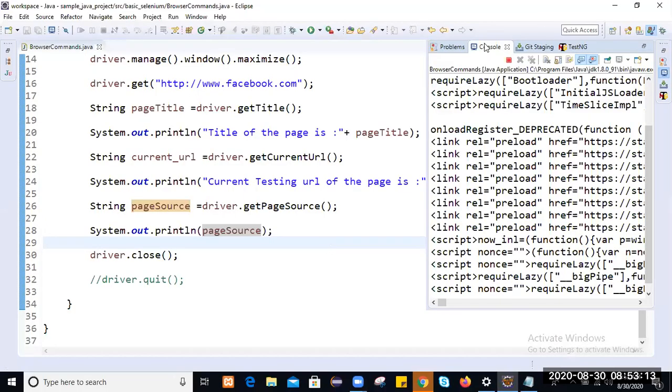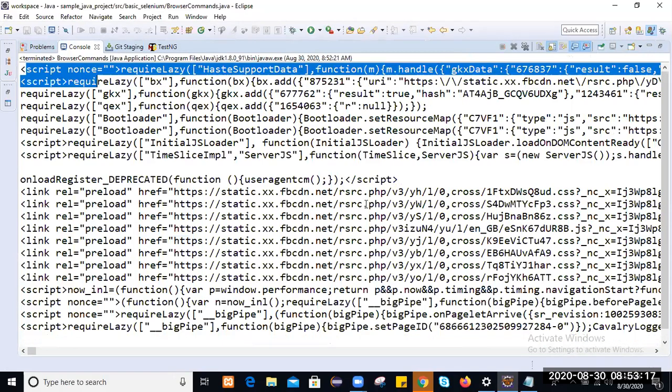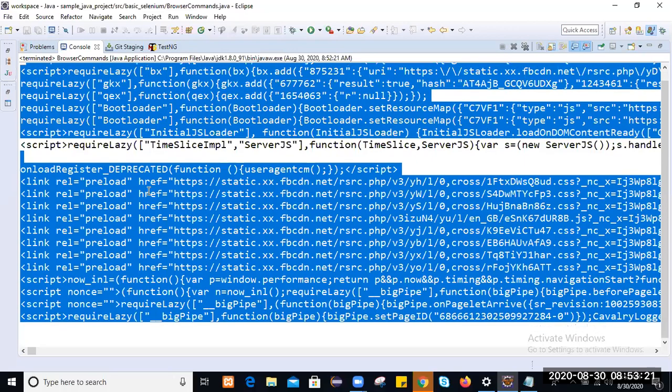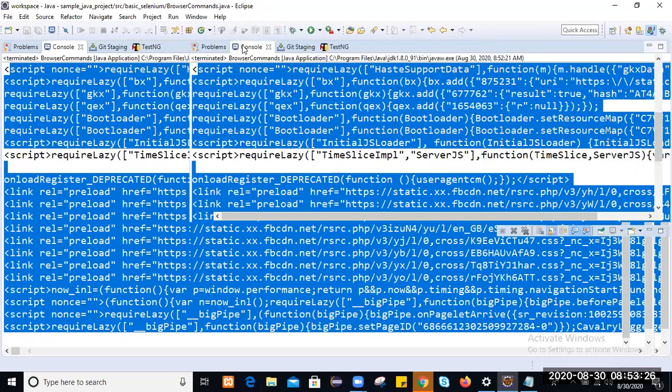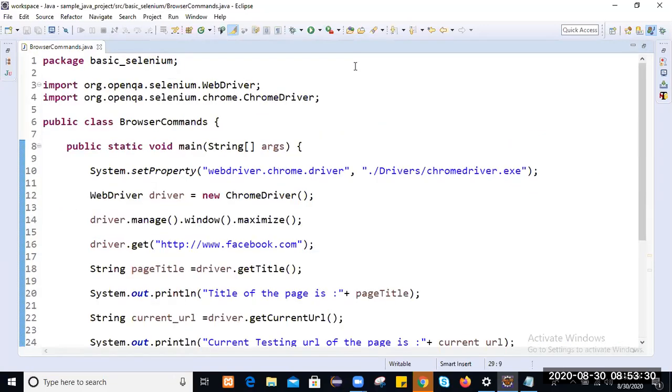You see, the total HTML page is displayed. This is the page source of that page. Getting it like that? Am I clear? Yes, sir.